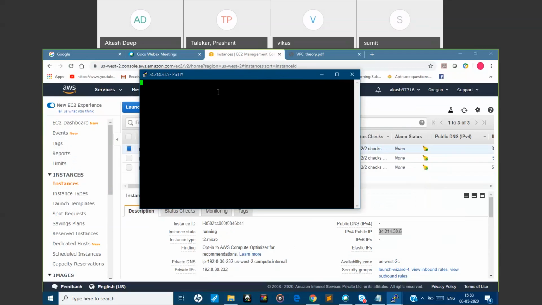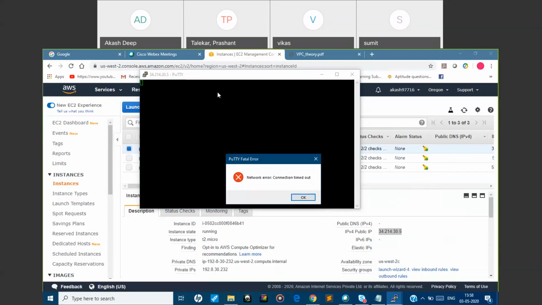After some time, some error will come: network connection timeout. Connection timed out, right? We are not able to log in from the internet.